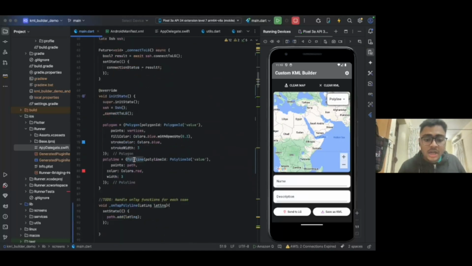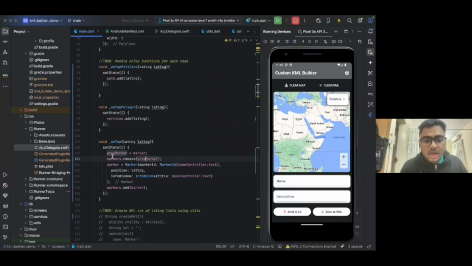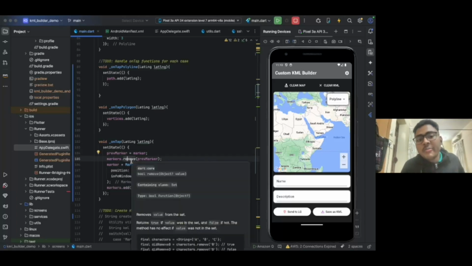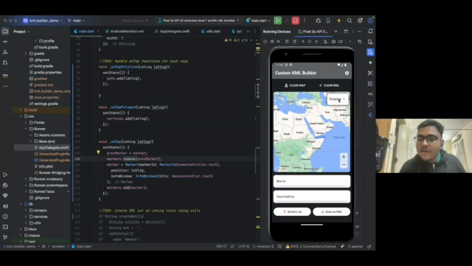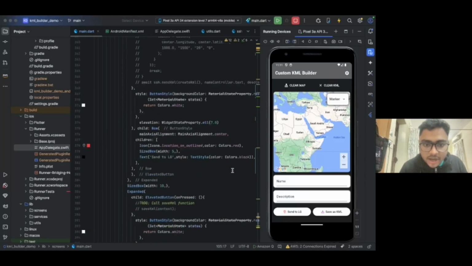Using these three functions, on the tap function I will remove the previous marker that I have already set. In the first case, I will be using the default marker which is already added. Then I will add my new one. Let me show that right quick here. Before that, I also have to uncomment my